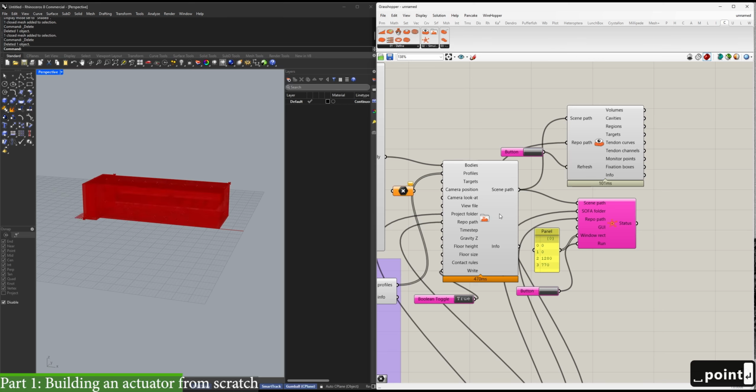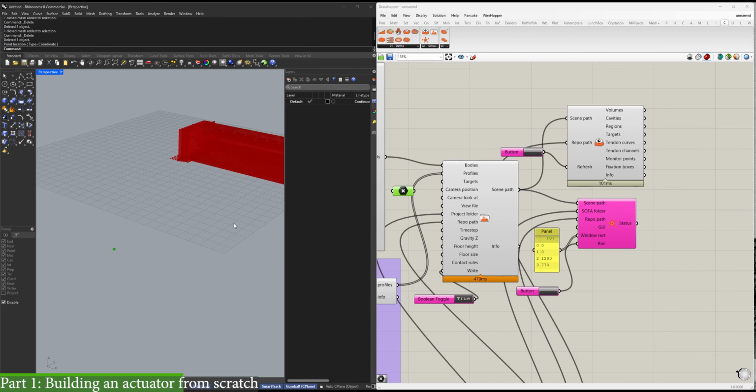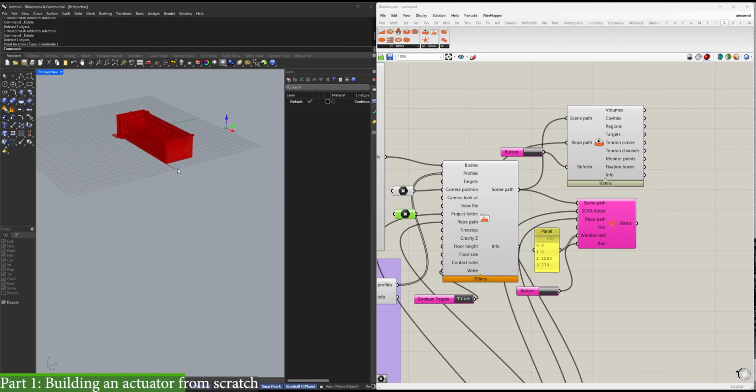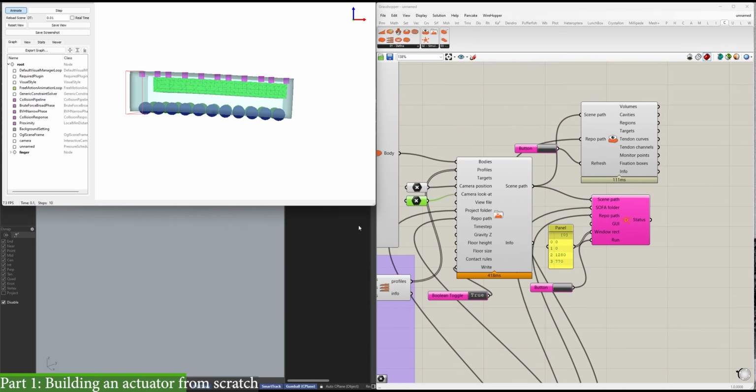So all I'm doing here is setting down some points, and looking at that preview, I'm going to drop down a 3D point on one side for the camera position, and then copy that over for the camera look at position. By plugging that in, I can go ahead and run, and you can see now I have a much better view